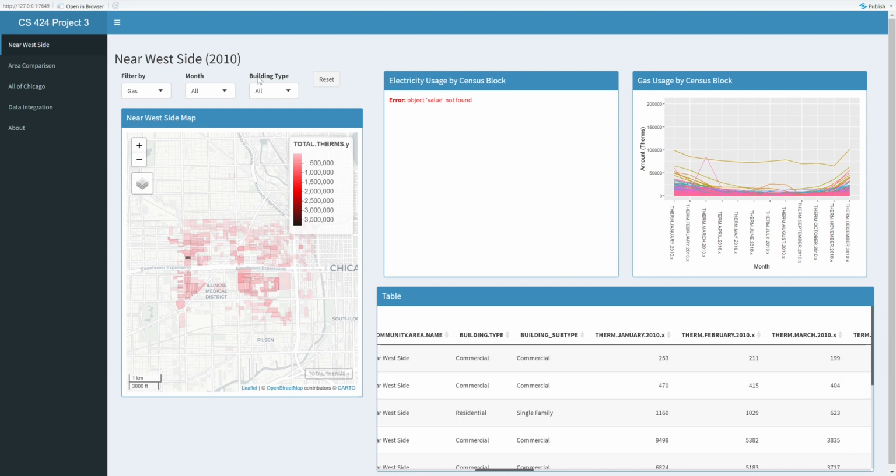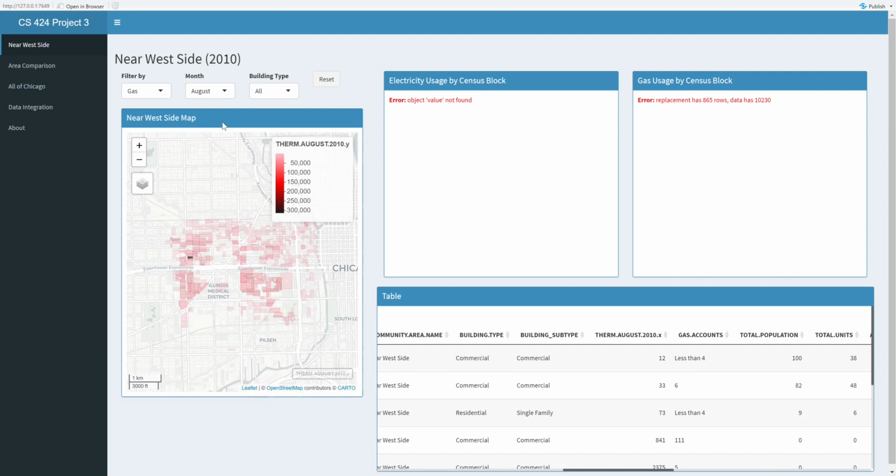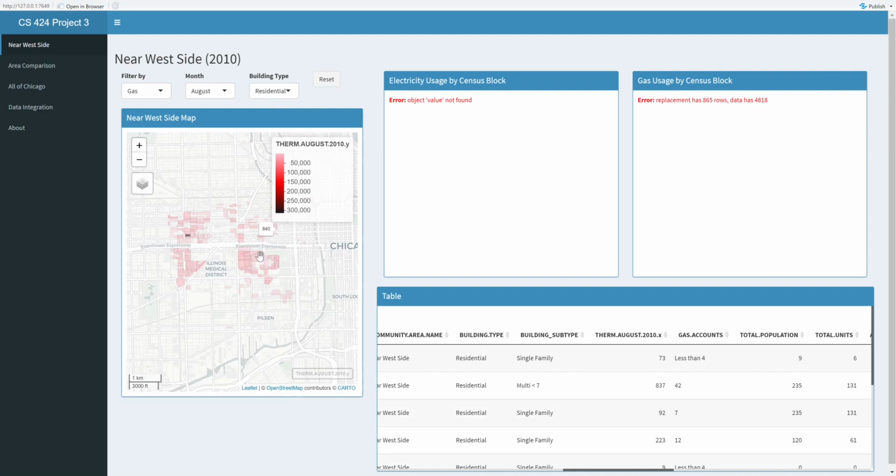Next, if for example we want to change the month, we can click the month section over here, and the information will adjust accordingly. If you also want to take into account the different types of building, we can check that, and by default it is set to all. If we, for example, want to check the residential area, we can check on that, and the data will change